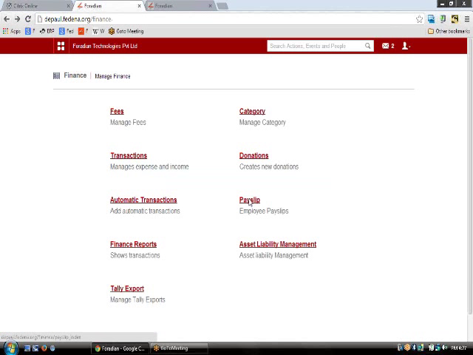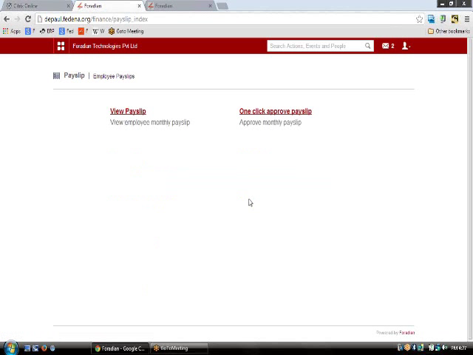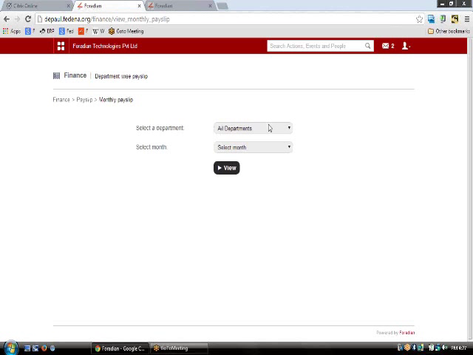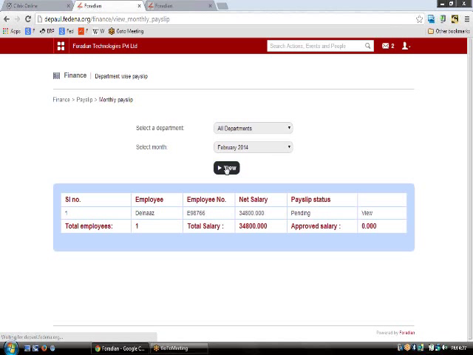Then we have this payslip here. So payslip is generally a two-way process where the person who's in charge of HR has to apply for a payslip, and then the person who's in charge of finance has to approve it from here. So you can click view payslip here to select the payslips of all the departments, and clicking view you will be able to see all the payslips made for this particular month. So for this particular month, in this instance, we have only one employee's payslip. You can even view the payslip,